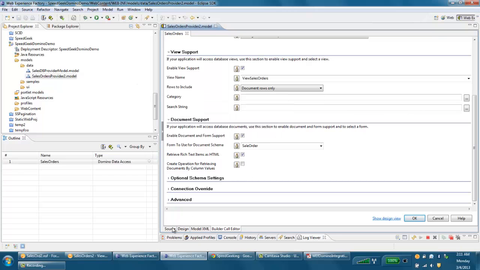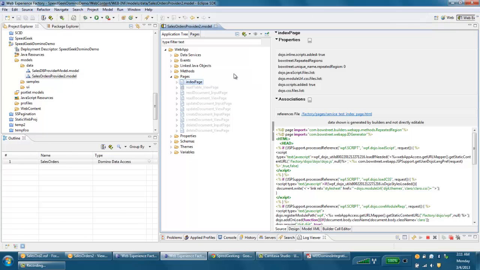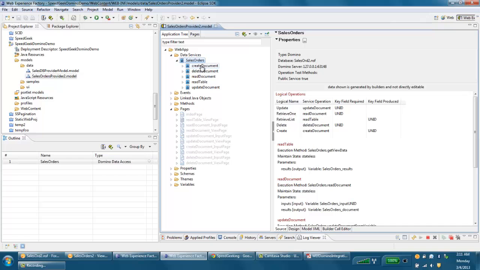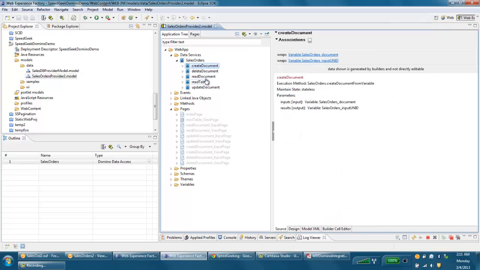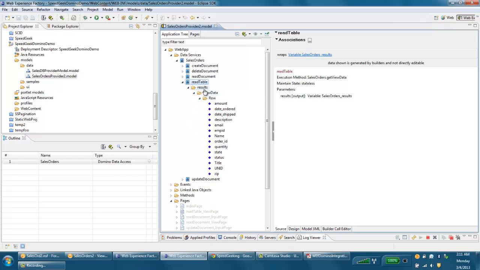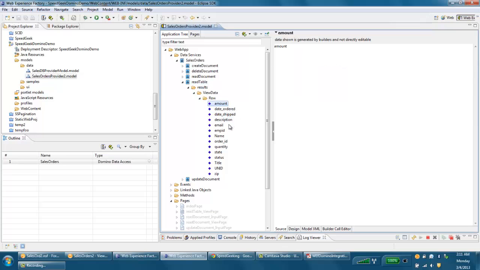What's happened now is that Web Experience Factory has created a service layer. In Web Experience Factory Designer, I can take a look in my web app here, and I can see that I have services for creating, retrieving, updating, and deleting documents, and a service for reading the view data. It's called Read Table. When you call Read Table, you get back a list of a row set structure where every row has the same fields as in our Domino document. The Domino Data Access Builder goes out to Domino, looks at the views and at the forms that you're using, and pulls this information across so that you can use it in your